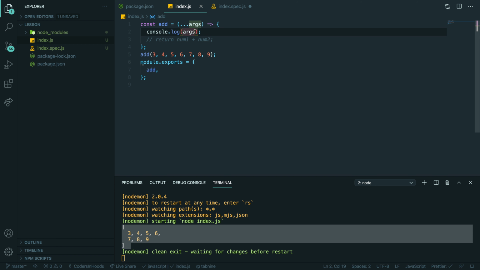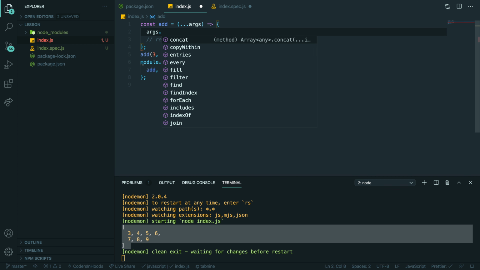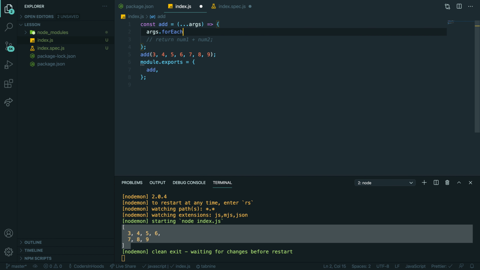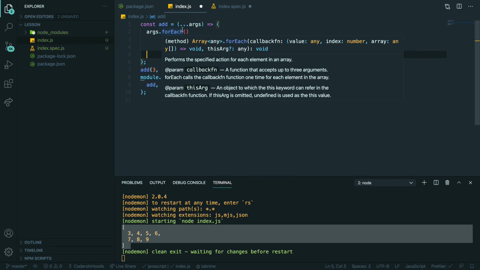So now what you want to do is the same thing as you said: we want to take our args dot for each. Let's practice JavaScript. How can we do that? Can you actually tell me how to build it, how to handle this? We can return total. I want to return total. How can we do that?